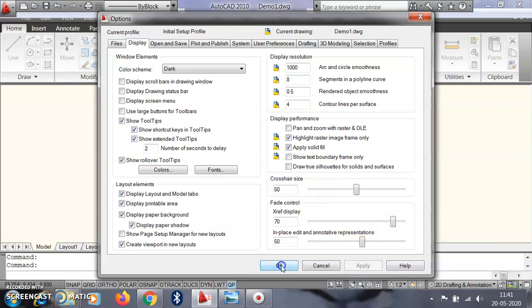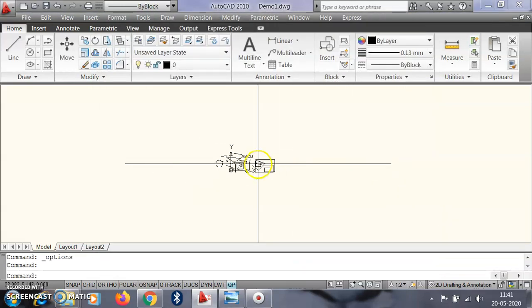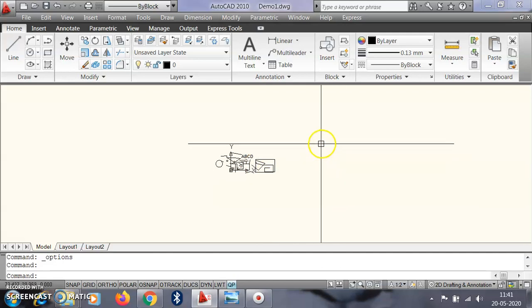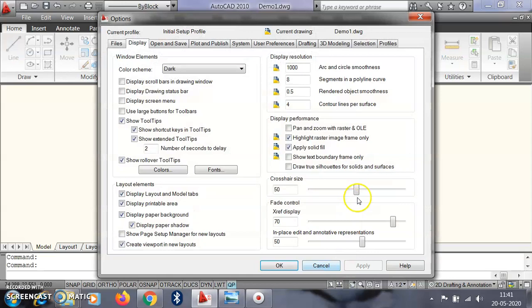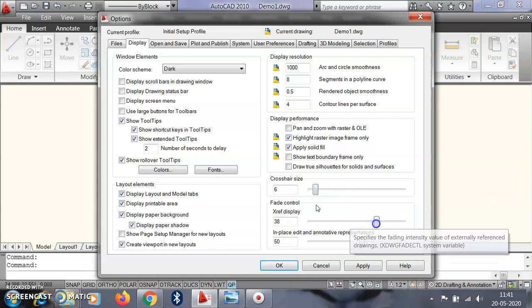Then apply, OK. Then here we get the larger cursor. Then suppose we come back to the original one, because we need not require all this type of cursor crosshairs here.